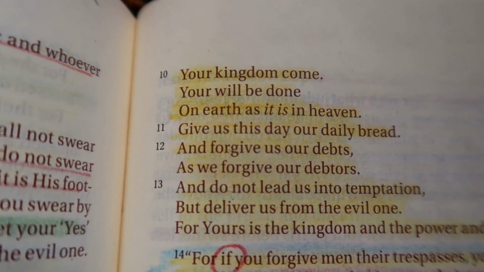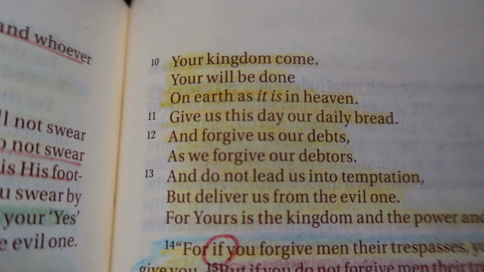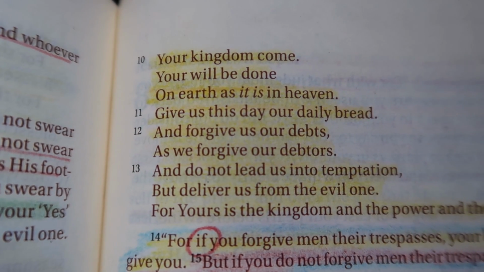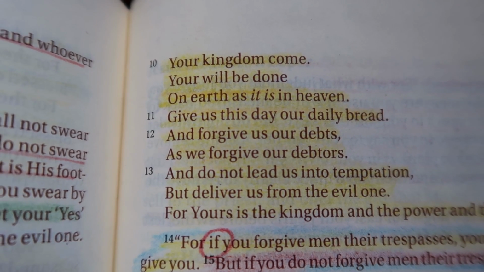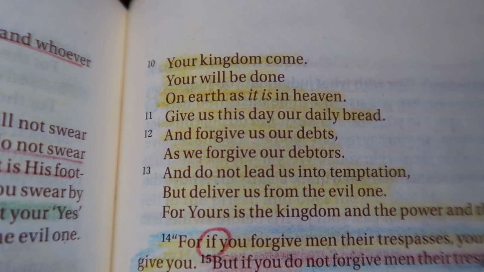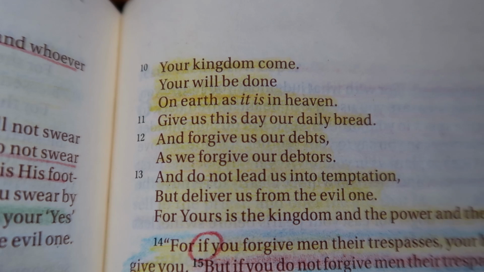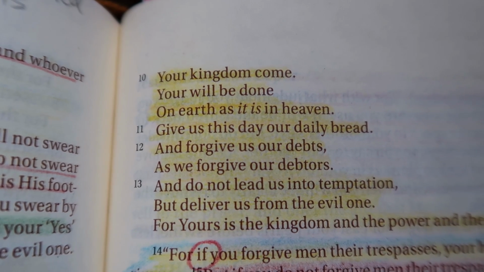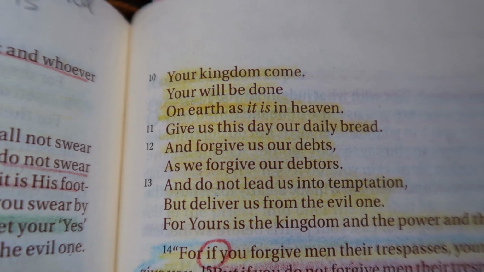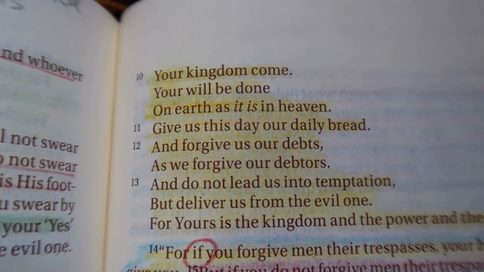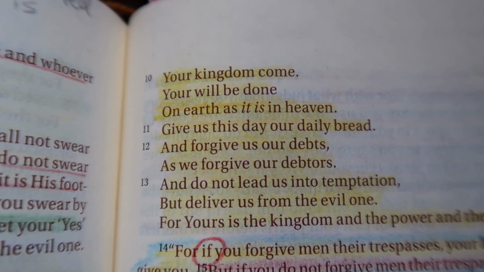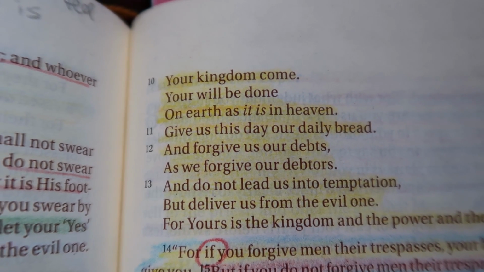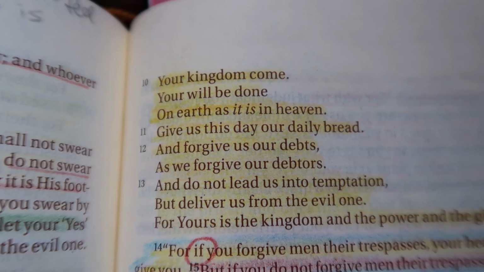So then we go over to Your kingdom come, Your will be done. And that's the part where I just spend some time giving God my will and asking Him to give me His will on earth as it is in heaven. And I just try to change and ask Him for an eternal perspective, so that even though I'm on earth, I want to be doing kingdom work. I want to be about His business. So I ask Him to take my will and my desires for the day and give me His. So it's an exchange.